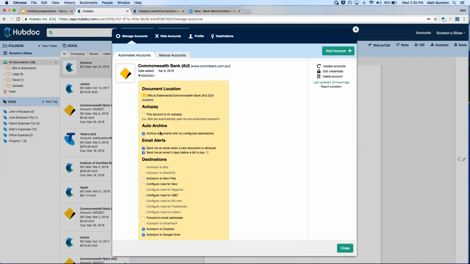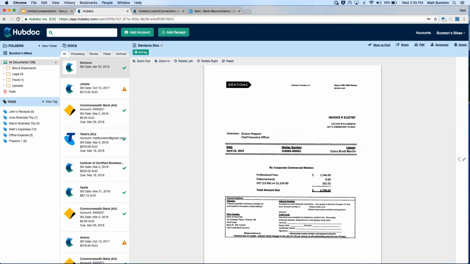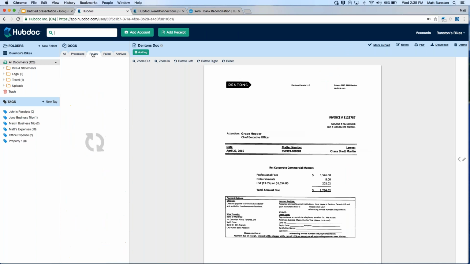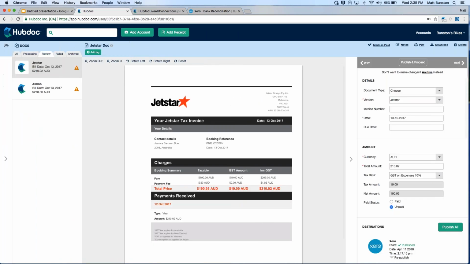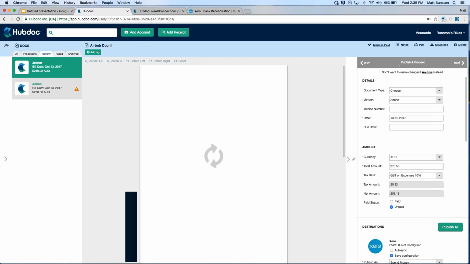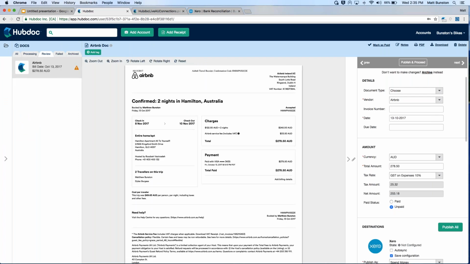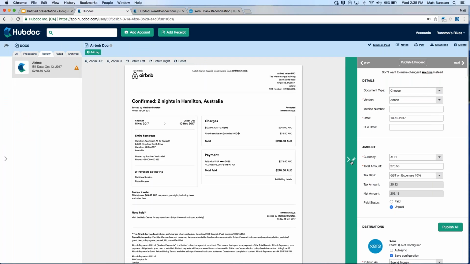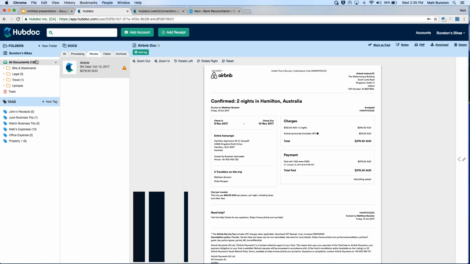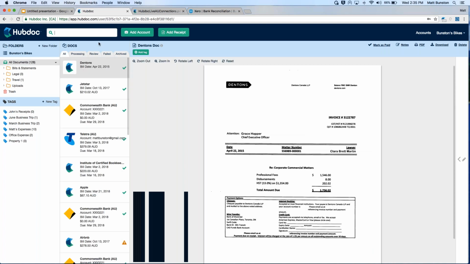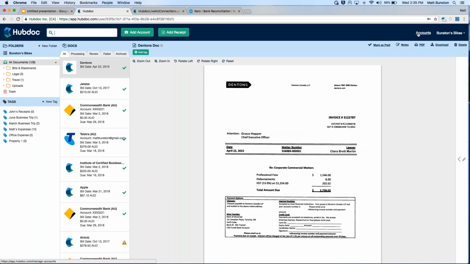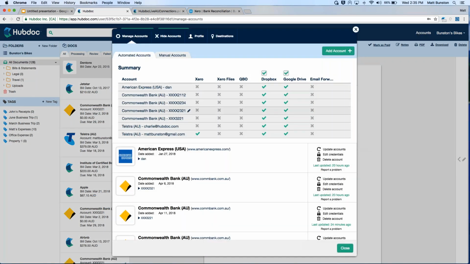I can do checks and balances and make sure I see it. And I want the review tab to really act like the inbox within the account. So you can see it in review, once again, before clicking archive and manually archiving that particular document. So once again, using the review tab like your inbox, using account level rules to either auto archive, let's say